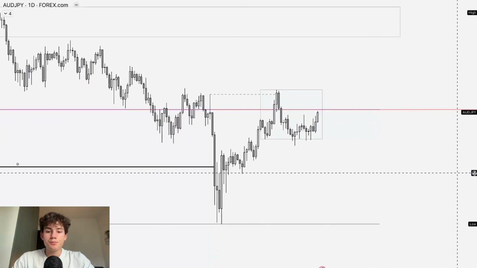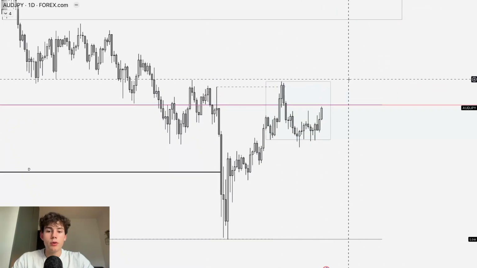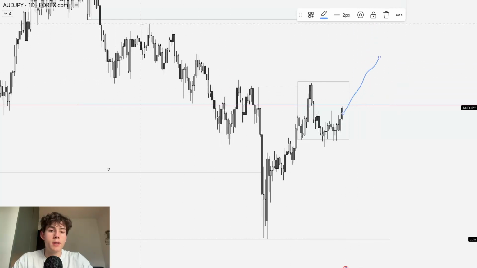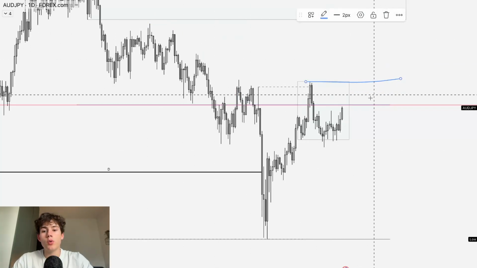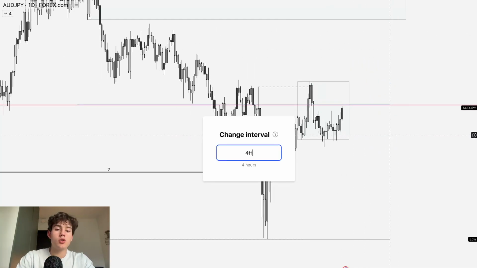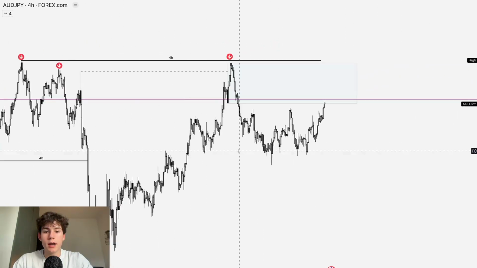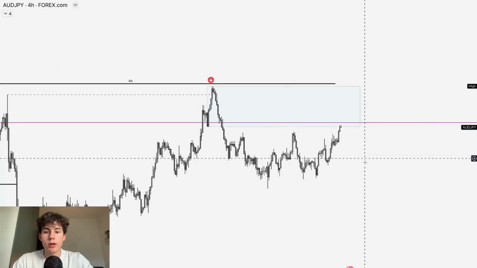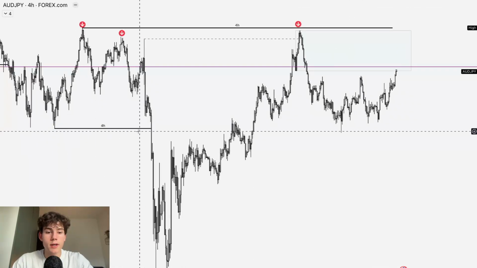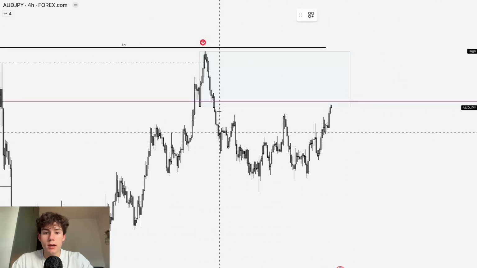On the daily, you can see that this supply is still in control, which took liquidity above this high. So am I going to take long setups up higher to take liquidity? Not at the moment. Only if we break this high could you start to look for longs. So I'm looking at shorts now. We took liquidity above the high, we have this supply zone which we have created, and we're also structure-wise bearish, so it definitely looks nice here to take those short setups.